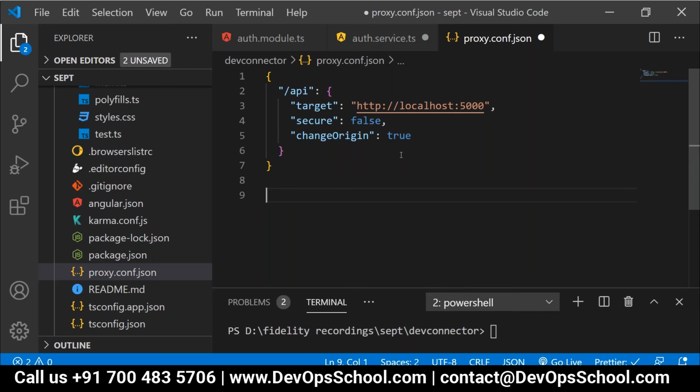Now tell me, for example, let's say your Fidelity APIs are starting with /FMR, for example /FMR/user/register, /FMR/user/login. Everything is starting with /FMR. So what is the common thing in your entire application, the entire URI part? /FMR, correct? So can I configure /FMR over here or not?